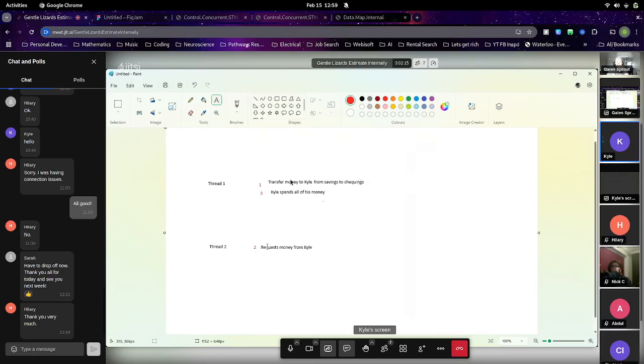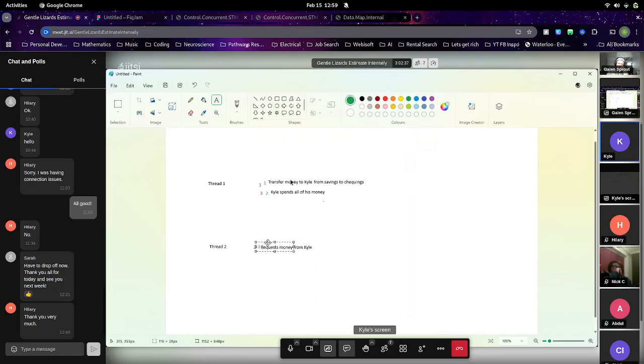But then thread 2 is requesting money from my checking account. The execution order that we would want would be 1, then 2, and then 3.